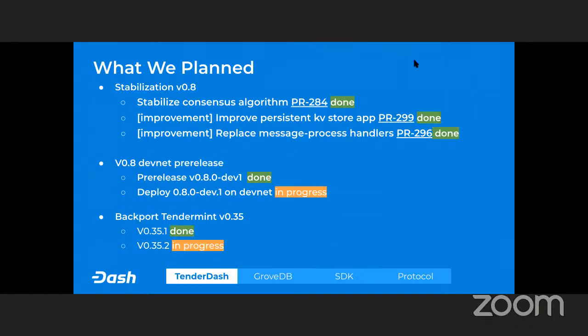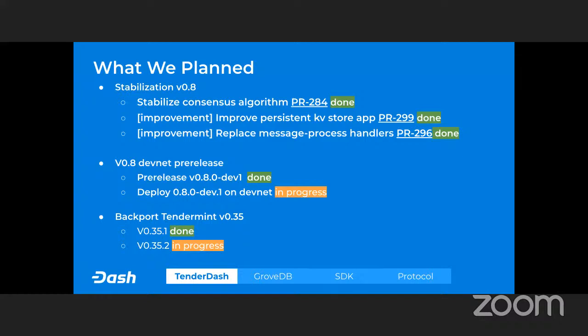Our three main tasks that we were working on in this last period were, first, stabilization of version 0.8, which is basically a backport of Tendermint 0.35 to TenderDash, so that we are taking everything that the Tendermint team did in version 0.35 and integrating it back into TenderDash.